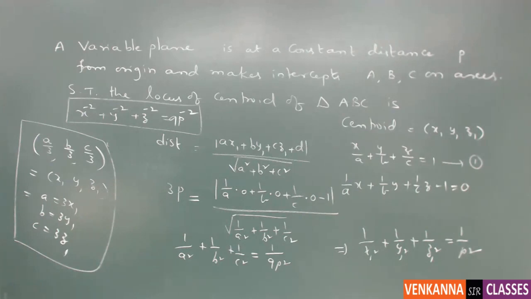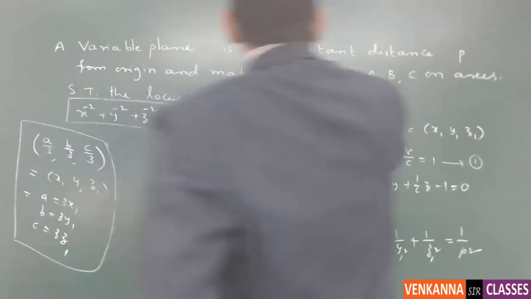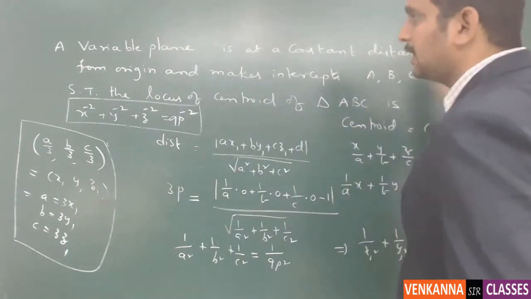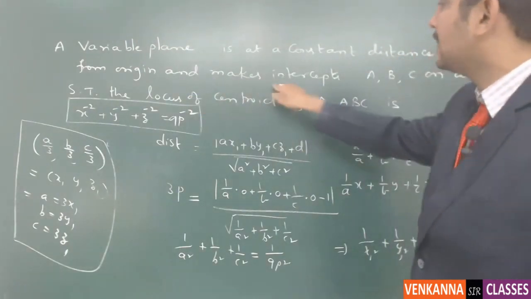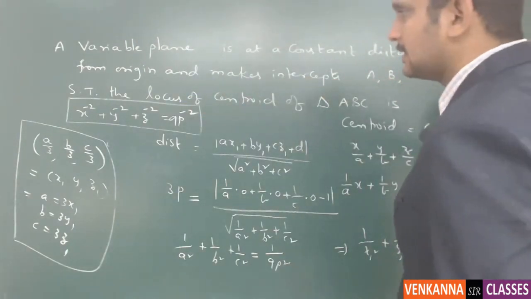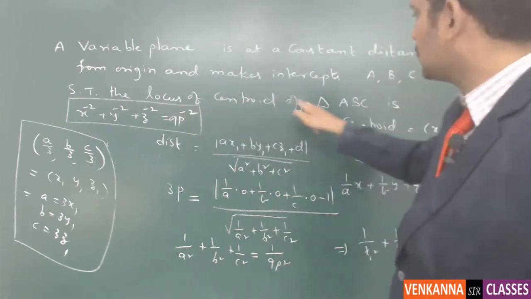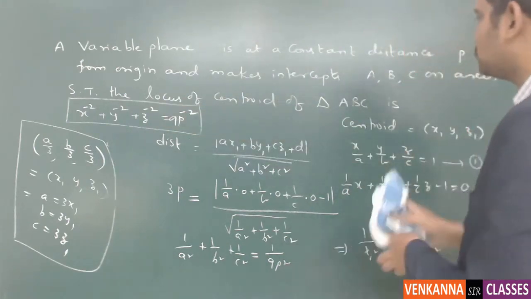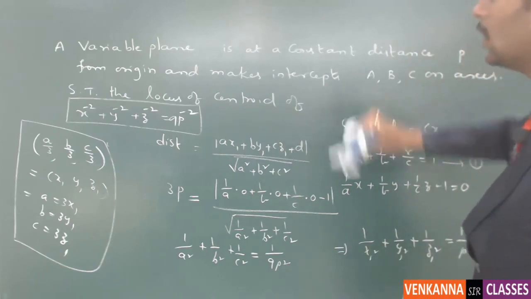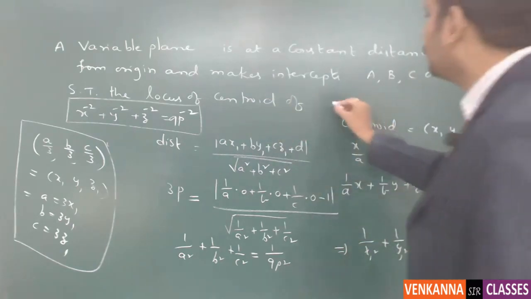Have you noted the problem? Right. The next problem is also very similar. The problem is: a variable plane is at a constant distance p from the origin and makes intercepts A, B, C on the axes. Show that the locus of, here I want to change a small thing, the locus of centroid of